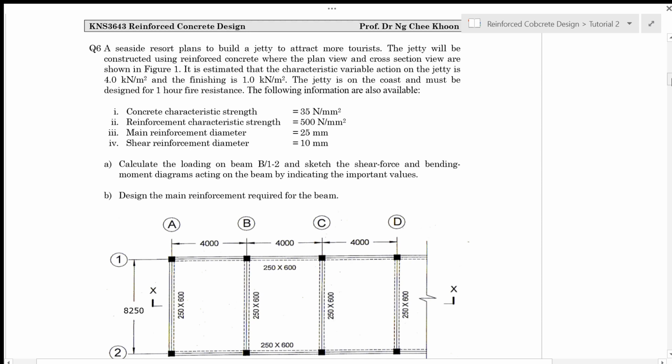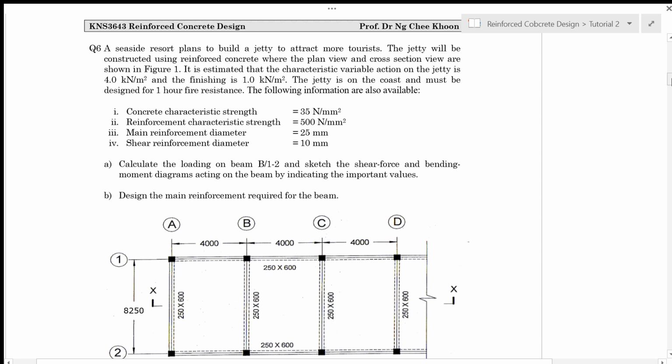So concrete characteristic strength fck is 35 megapascal. Reinforcement characteristic strength is 500 megapascal. Main reinforcement diameter, we are going to use 25 mm, and shear reinforcement diameter, we are going to use 10 mm. So first of all, you need to calculate the loading on beam B12 and sketch the shear force and